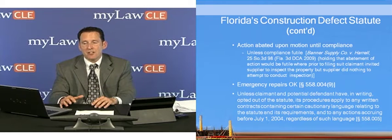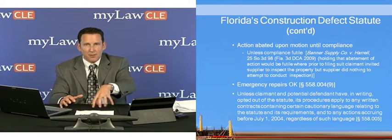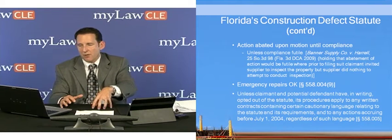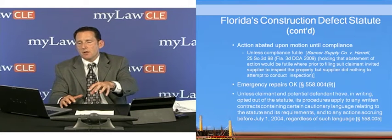So where an action does get abated because of noncompliance, once the parties go back and comply with all that, and you wind up where the contractor, whomever, makes an offer that's rejected by an owner, or simply says, "I'm not going to offer you anything," and the owner rejects that in writing, you can go back to court, and you're off to the races again. Statute says,